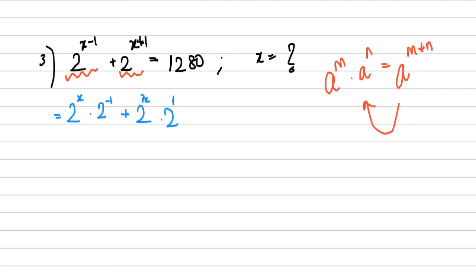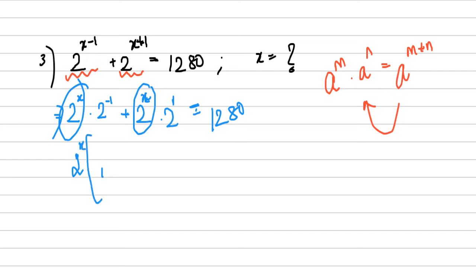Okay, so this is how you could write it, which is equal to 1280. Now in the next step, if you see 2^x and 2^x is common, you could take it out and write 2^x times (2^-1 + 2) is equal to